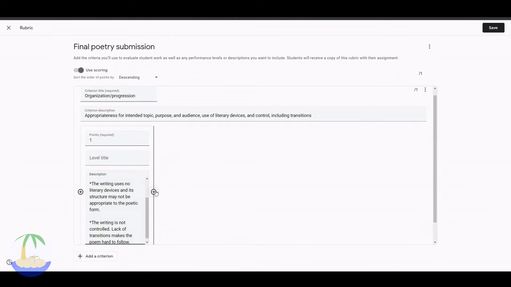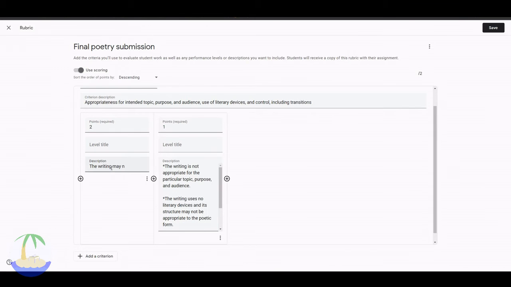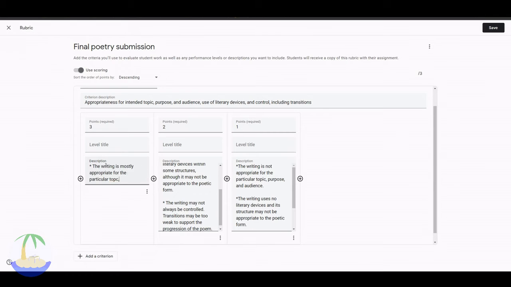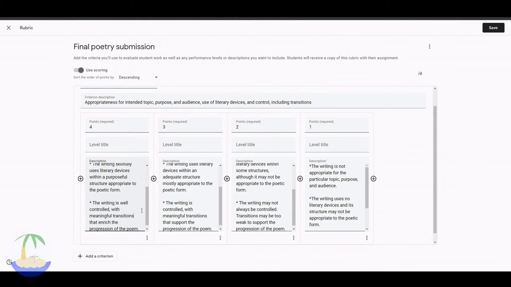You'll notice I could add it on either side. However, since we specified that we wanted our points in descending order in the options at the top, it doesn't actually matter where we put it. It's just a way to help keep you organized. I'm going to add it on the left-hand side since it matches our example rubric. This time, I actually need to enter the point value. And I'll continue adding the descriptions for the organization/progression criterion. Once I've finished adding all 4 descriptions, 1 for each point value, I'm going to begin working on my second